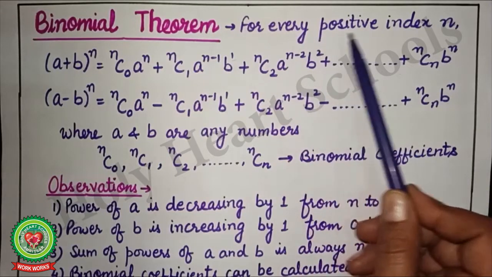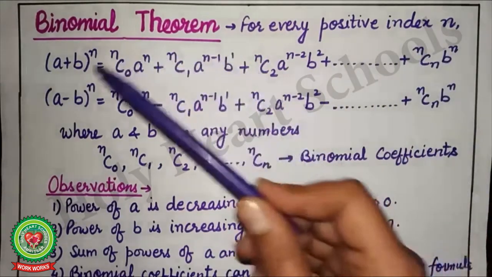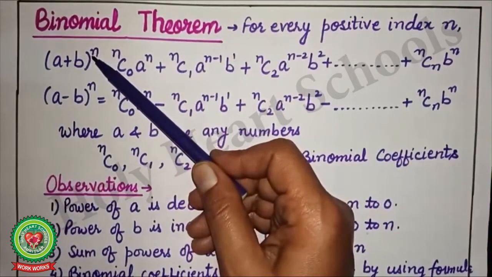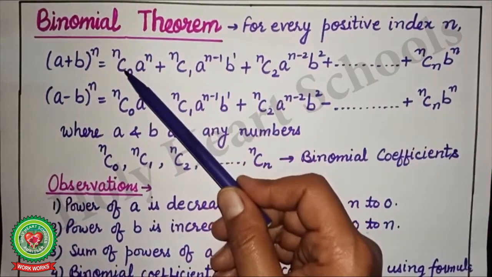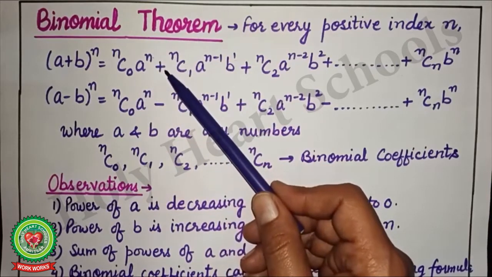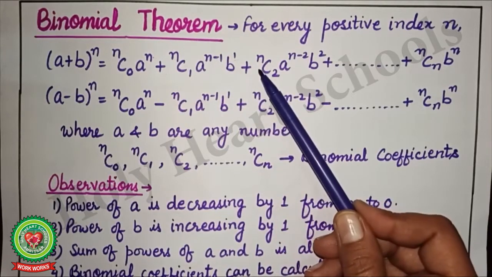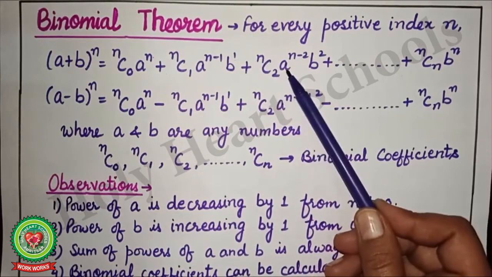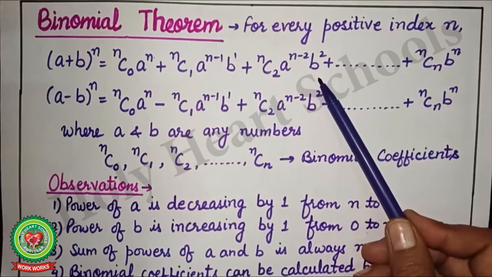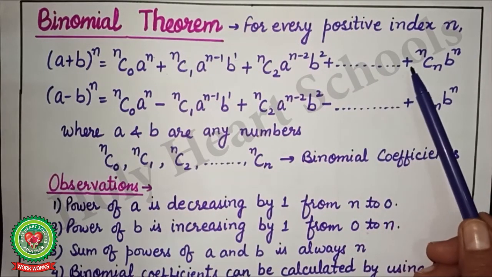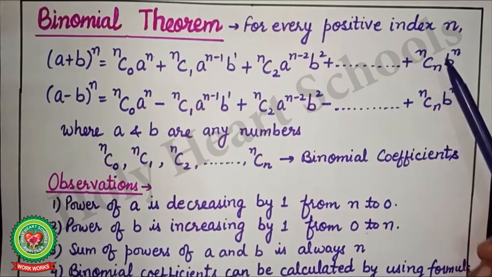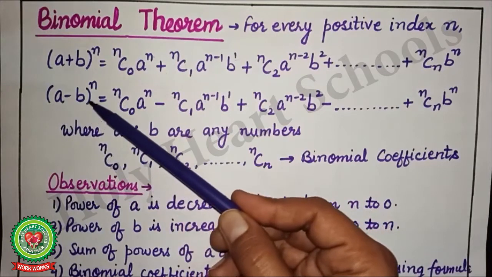For every positive index n, we can expand (a + b)^n by nC0 a^n plus nC1 a^(n-1) into b plus nC2 a^(n-2) into b square plus so on, and the last term will be nCn into b^n. Similarly, if we are having same expansion with the minus sign, that is (a - b)^n,